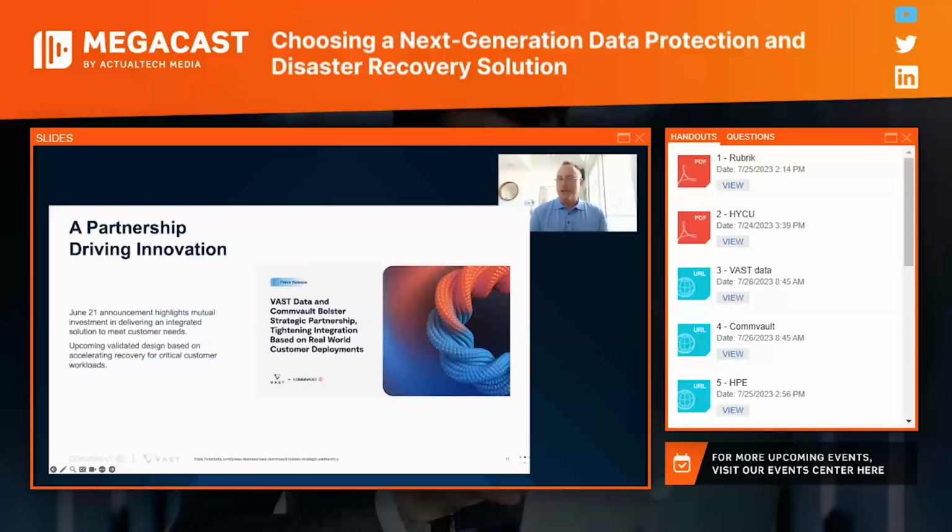And I think it has a lot to do with what our two companies are doing together, and reminds all of our customers that, hey, listen, you need to get together with your channel partners and connect with your Commvault and VAST people to talk about these better-together designs. Absolutely.